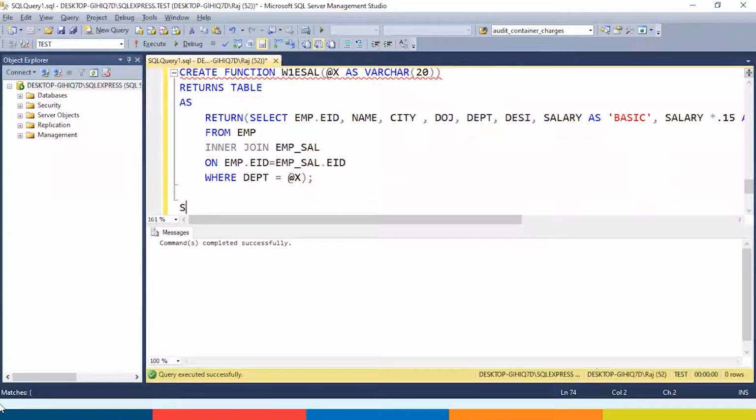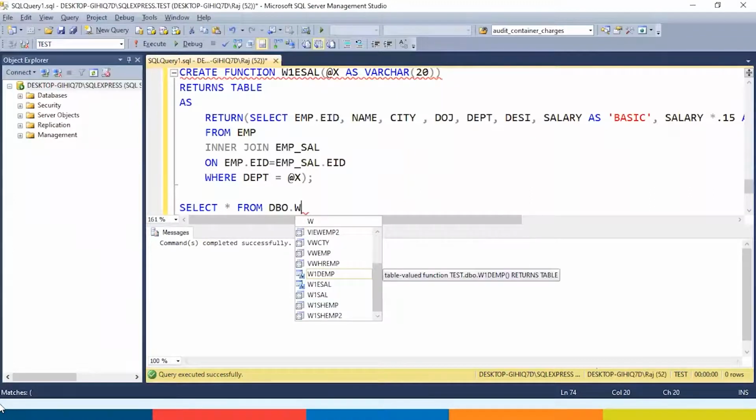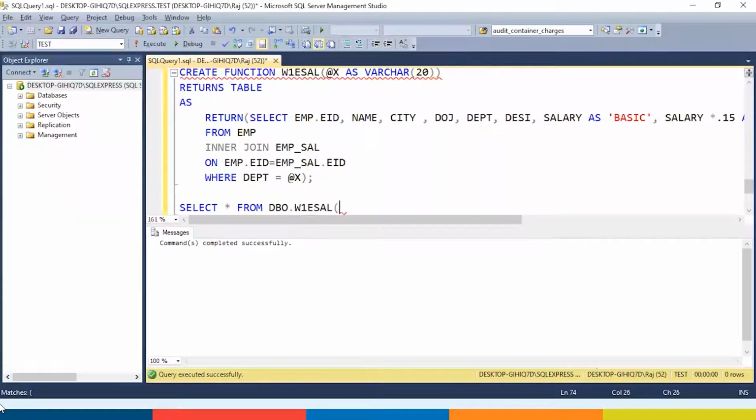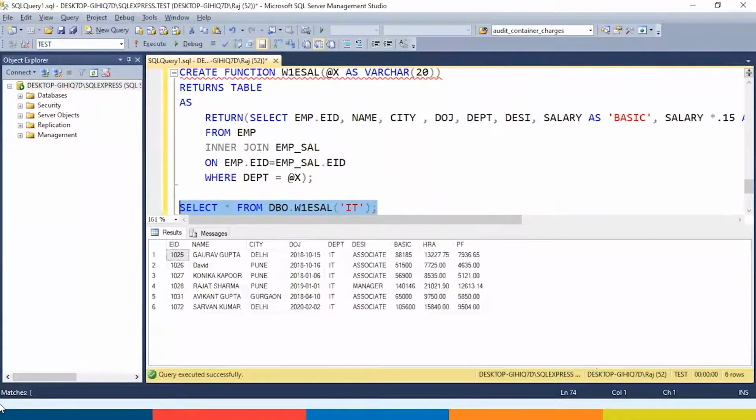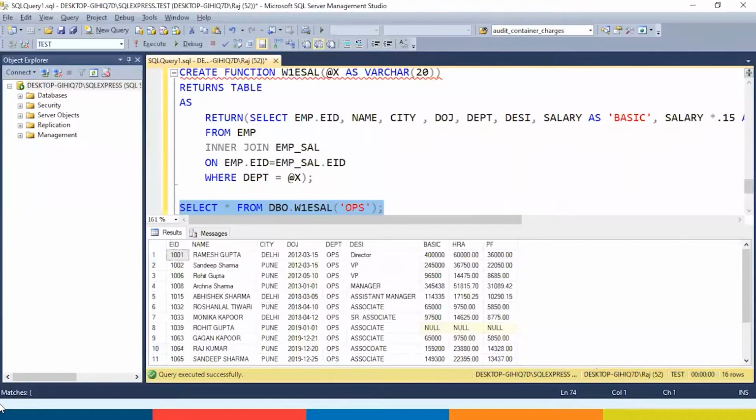Now I will simply say select star from, and I will say MIS. I'm getting the details of MIS team members, salary details, IT. I'm getting the salary details of IT team members. I will say ops. I'm getting the salary details of ops team member. So what I wanted to highlight over here is the comfort which you are getting by creating the function.